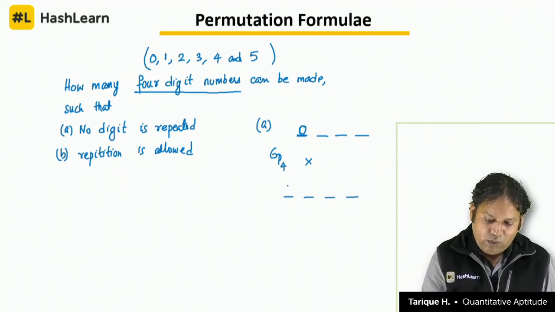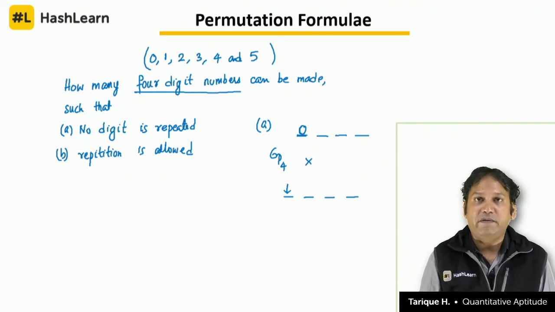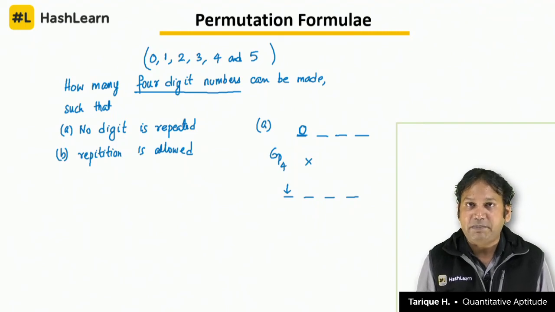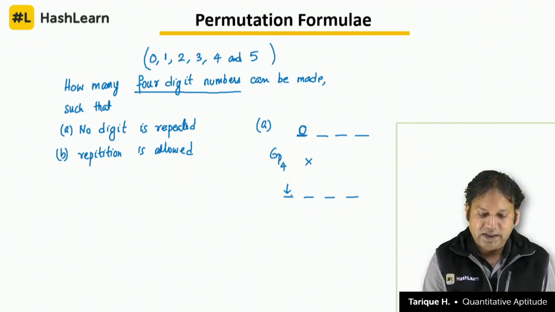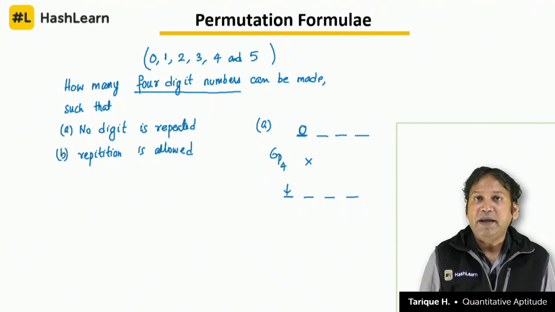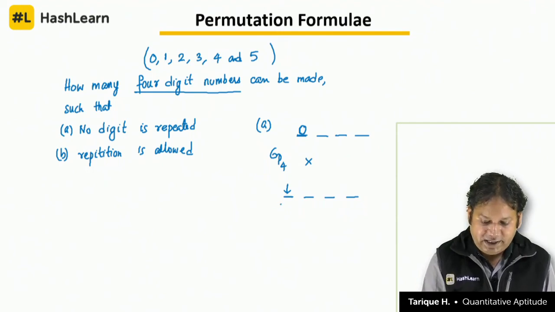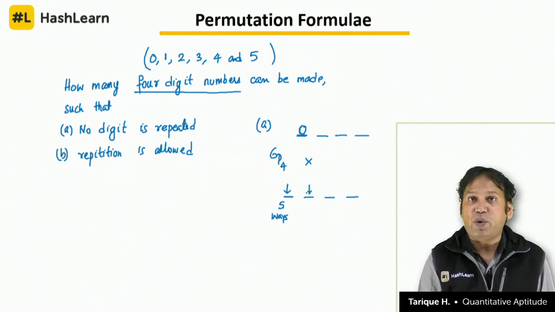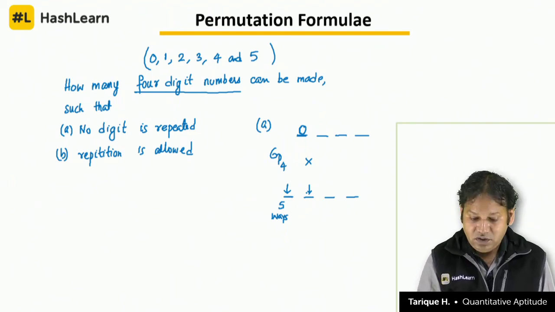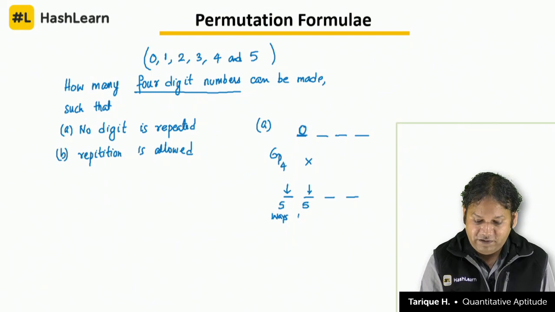We should start counting one by one the different number of ways in which each of these places can be filled, starting from the leftmost place. 0 cannot come here, any of the other 5 digits can come, so there are 5 ways. In the second place, now we have used one digit which we cannot repeat, but in the second place onwards 0 is allowed. So we still have 5 choices, so we can fill the second place in 5 ways,